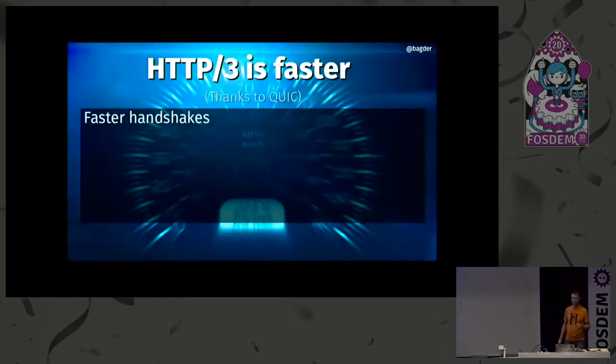I think it's going to be faster thanks to QUIC, because QUIC is going to make your handshakes much faster. Early numbers from Google from years ago, when they tried their version, show that upwards of around 70% of the connections they saw were able to establish in a zero RTT way. Basically no handshake at all, because you'd had the connection with it before.